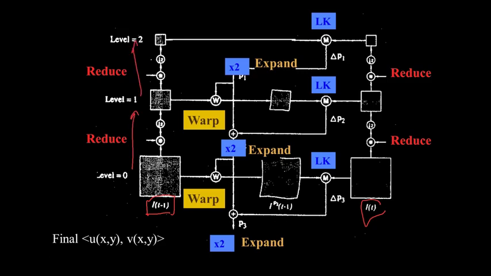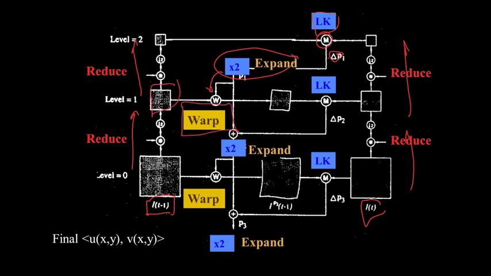We reduce and we reduce on both of these in order to get small versions of them. The first thing we do is this M stands for motion model. We run Lucas and Kanade between those two, okay? And that gives us a flow field, okay? And that tells you how every pixel moves. We double up and multiply by 2 that flow field, and then we apply that to the next level down,